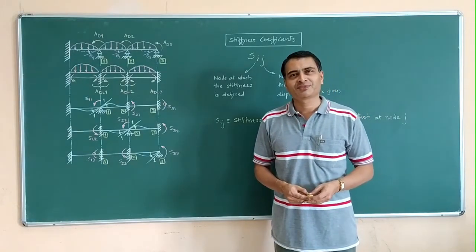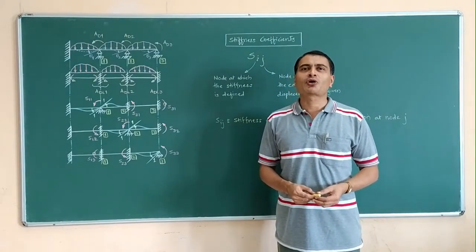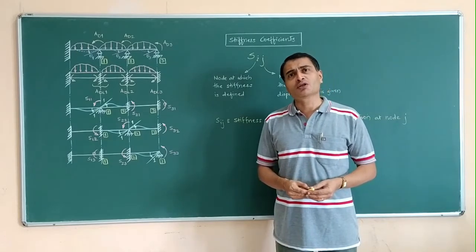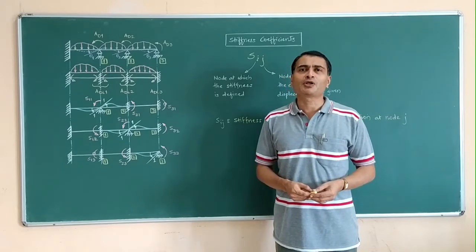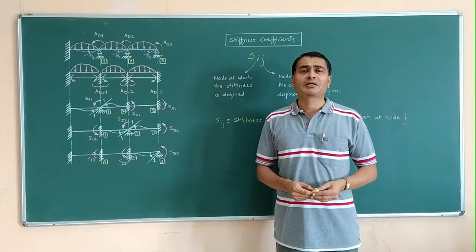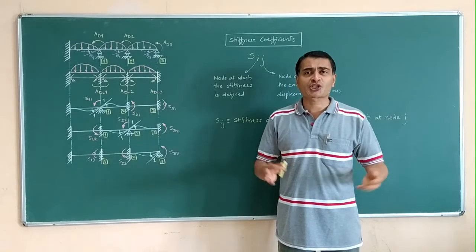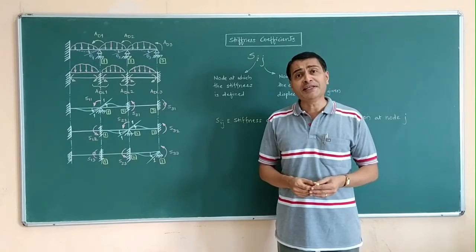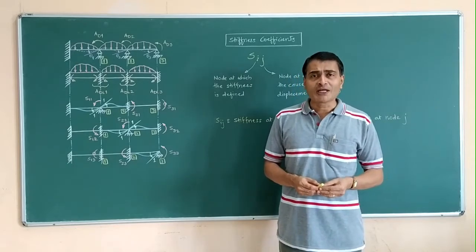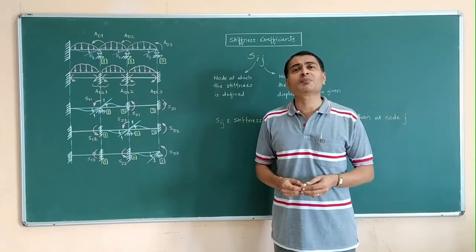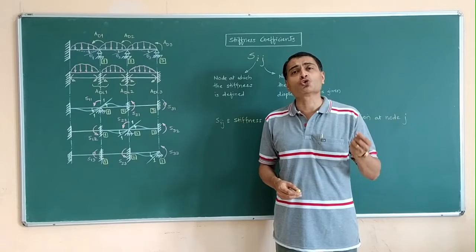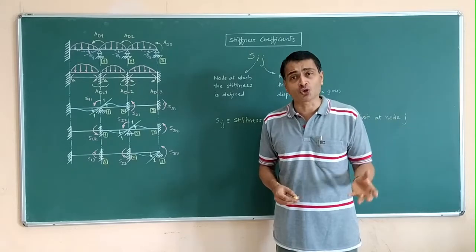Welcome back. In the last lecture, we saw the introduction to the stiffness method and we solved one numerical example wherein the degree of kinematic indeterminacy was 1. And we discussed certain notations like ADL, D, ADE, S, etc. Now let's see what happens when the degree of kinematic indeterminacy is 2, 3. Then how are we going to handle these notations? How are we going to write these notations?